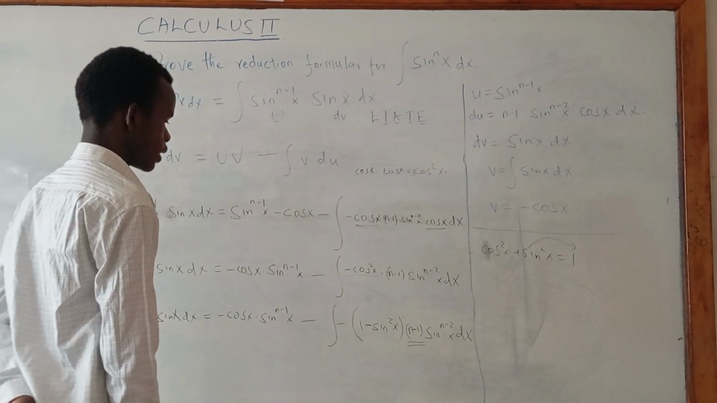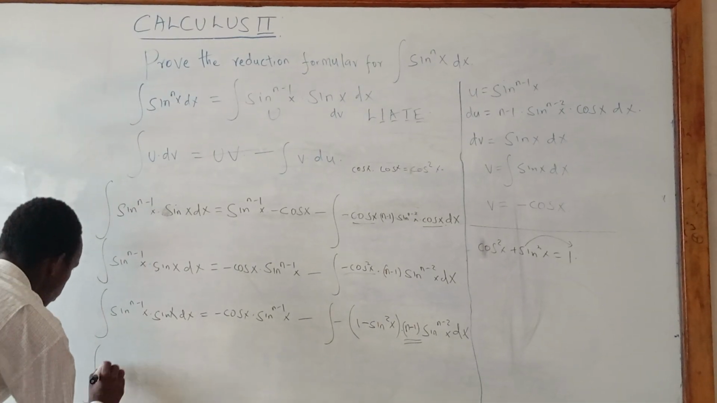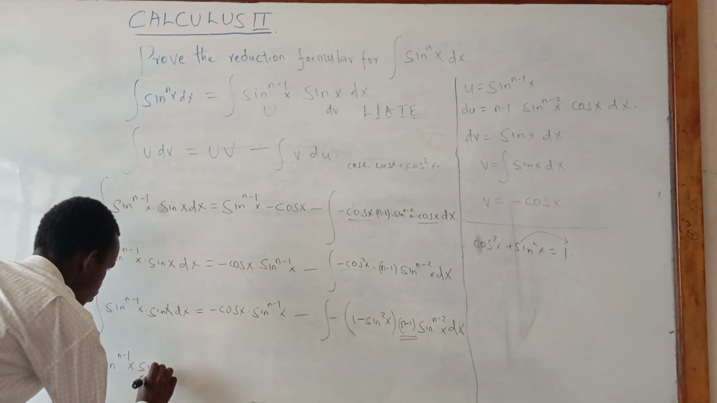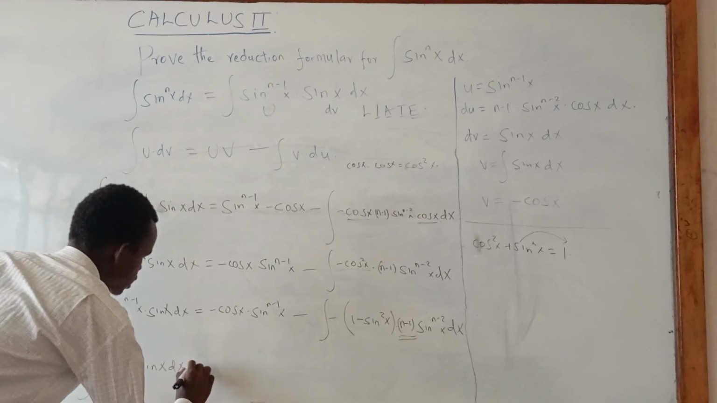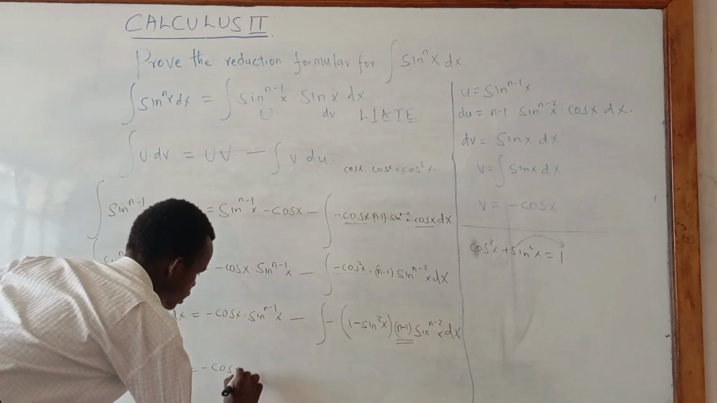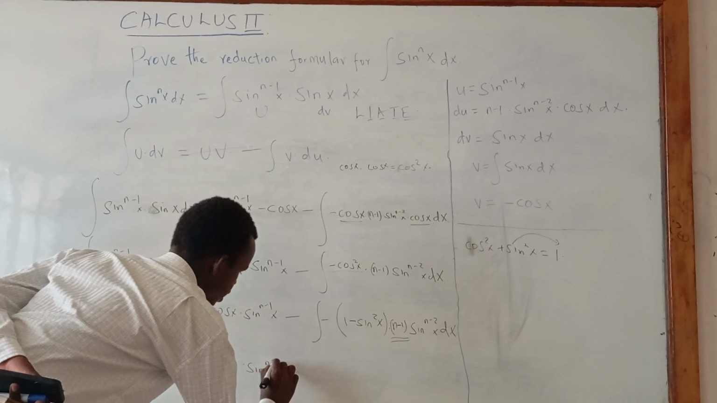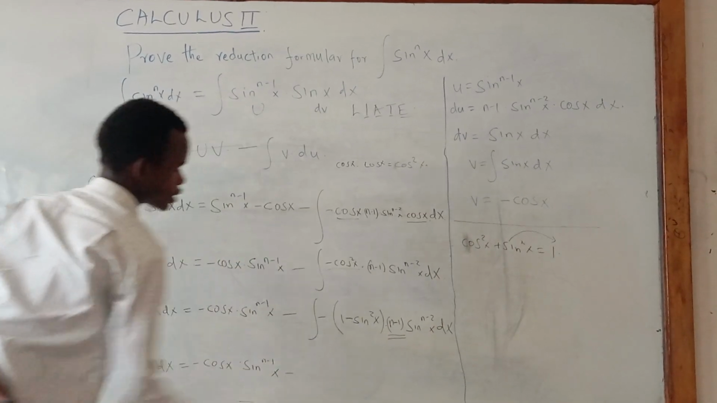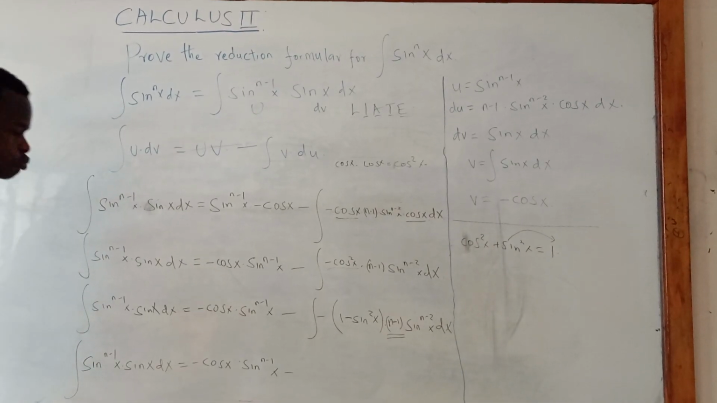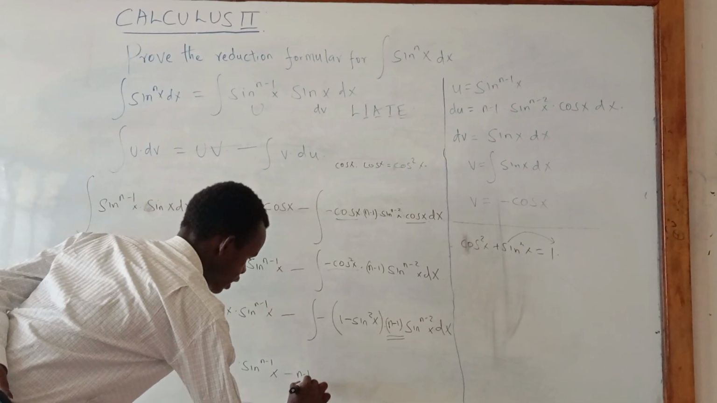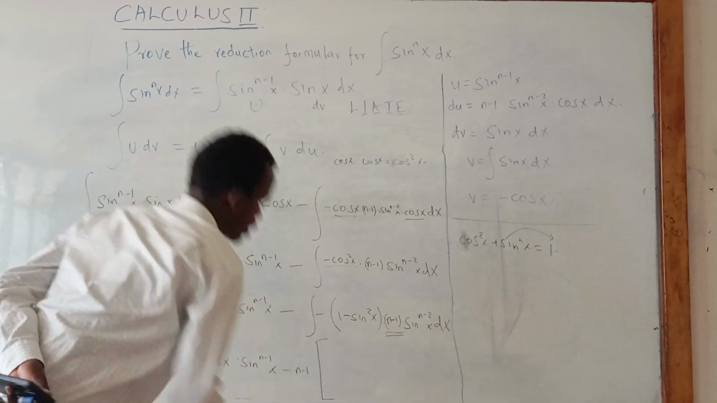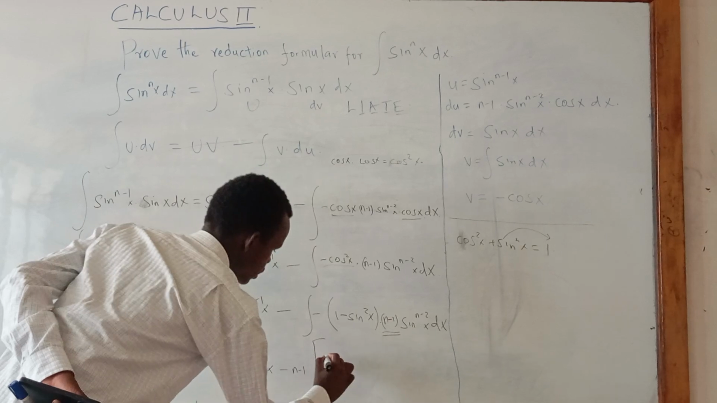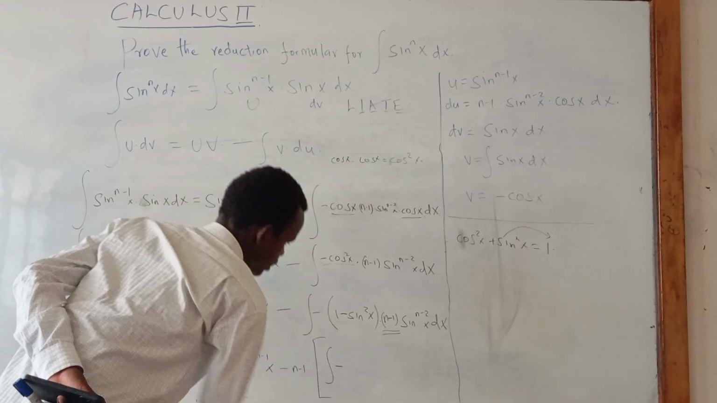Again, we'll get the integral of sin^(n-1)(x) multiplied by sin(x) dx equals negative cos(x) multiplied by sin^(n-1)(x) minus. Let's take these outside the integral. Then it will be (n-1), and open up that large bracket. Everything inside the integral will be the integral of negative